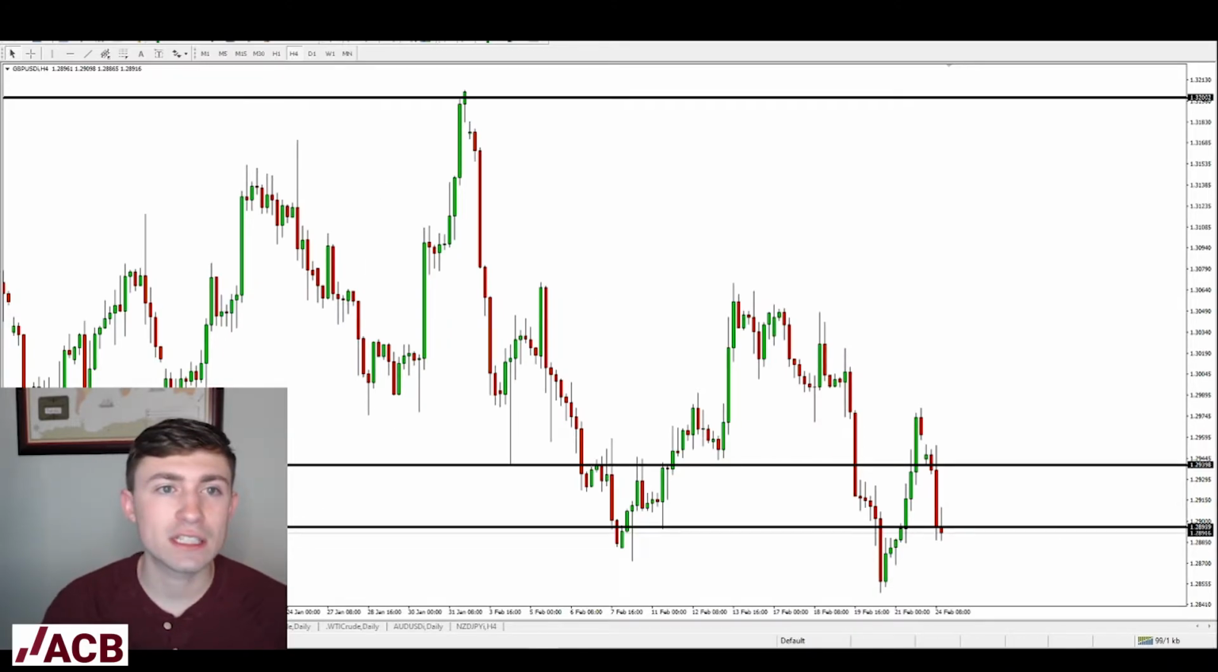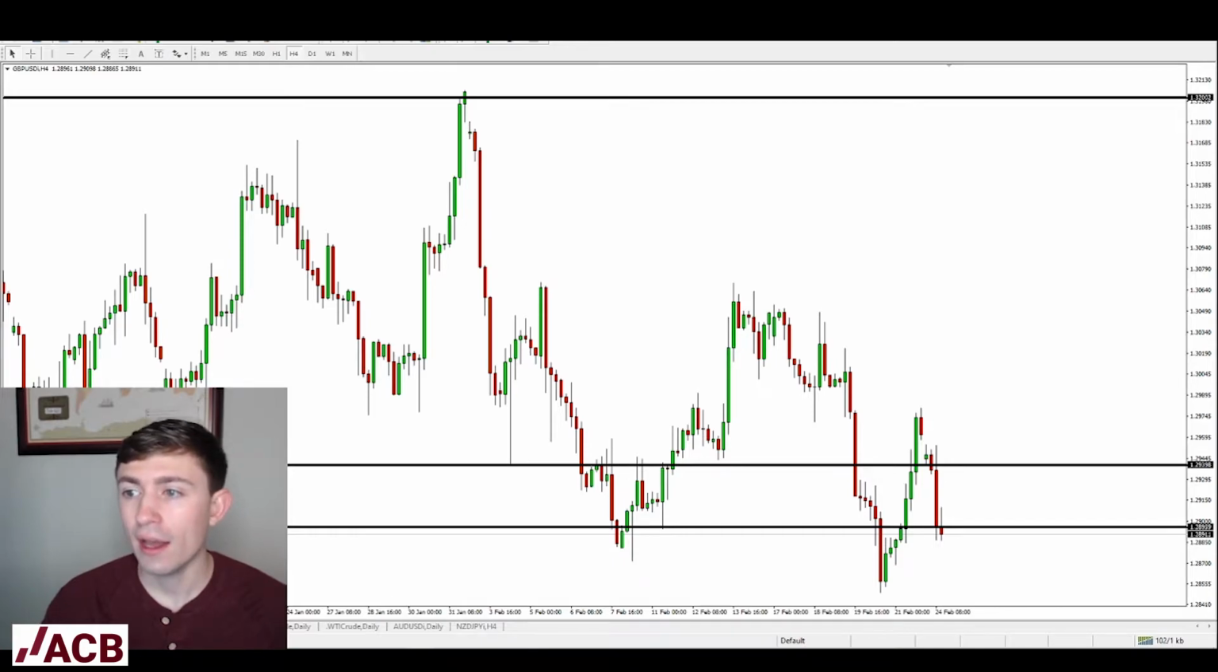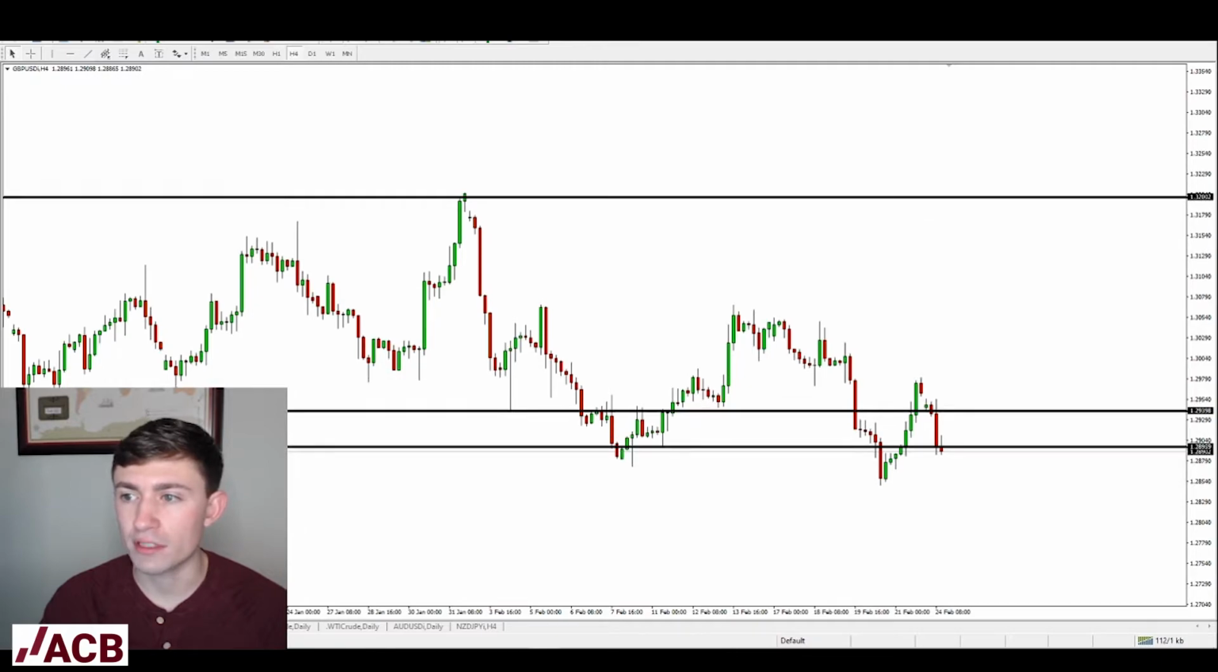GBP USD here continuing to range back and forth. You can see we're still testing and holding this area. GBP dollar did have a bullish rally towards the end of last week, but you can see we're starting out pretty bearish this week. We gapped down at the start of the week, and then we started to see price continue to move down. Big thing to watch for here, in my opinion, would be a break of this consolidation